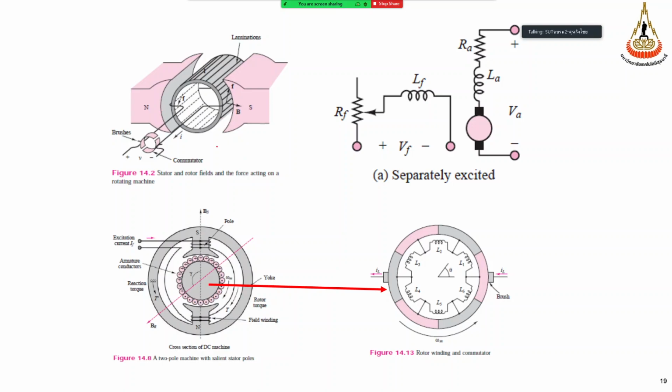So the upper figure is the permanent magnet DC machine, right? If we have the magnetic field from N to S here, and we drive this coil, we'll get the voltage out from this coil. And when we have a circuit that is moving and we would like to make the electrical connection,